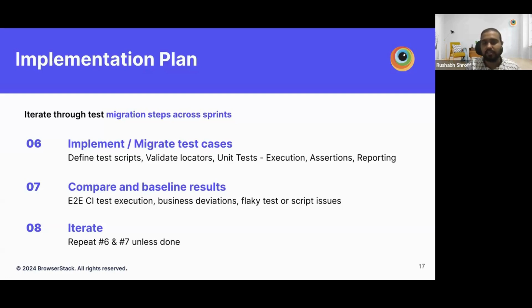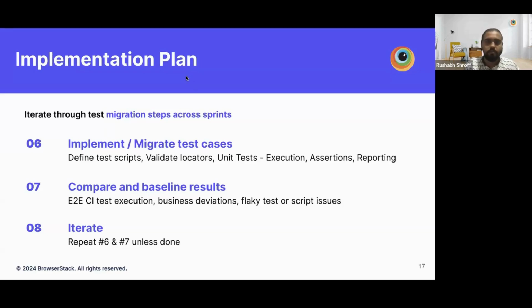We've categorized the test cases into different categories such as complexities or priorities. So based on that, you want to start migrating your test cases in small bits. And then you want to run these test cases along with the test cases that are already there. So your previous framework and your new framework, both of these should run together as part of your releases,